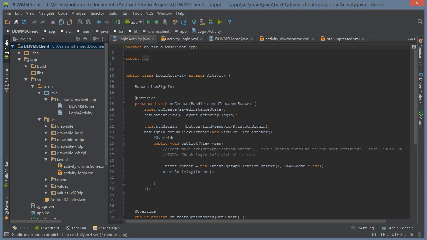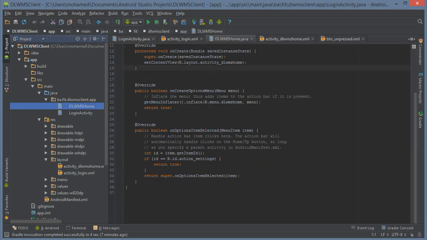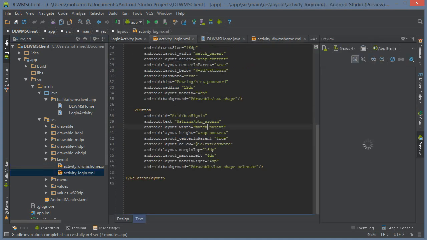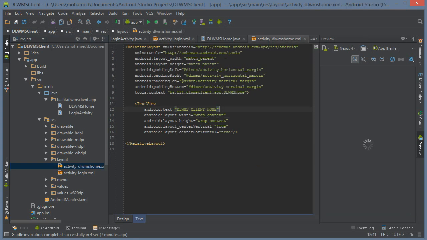Now in this lesson we're going to continue carrying on with our application. And before I get into finishing this navigation drawer part, because we're going to need to create a navigation drawer for our app, especially when we get past the login activity. So once we pass the login activity, we're going to get greeted with this DLMS